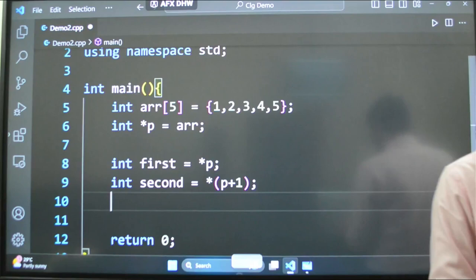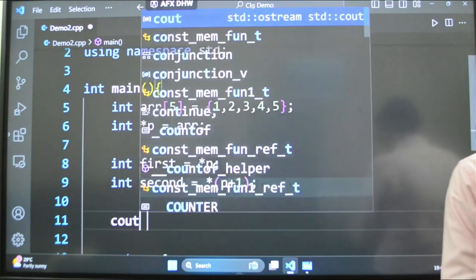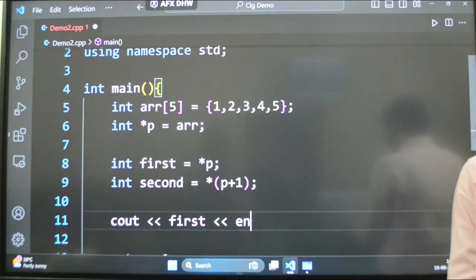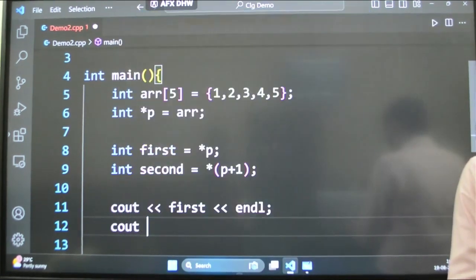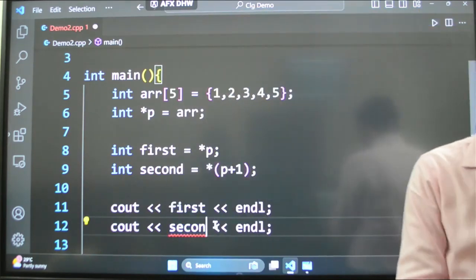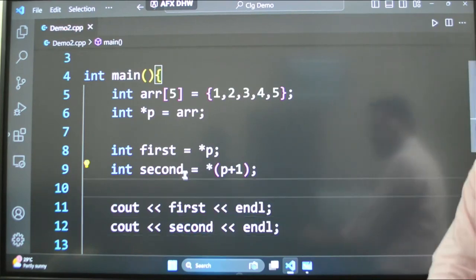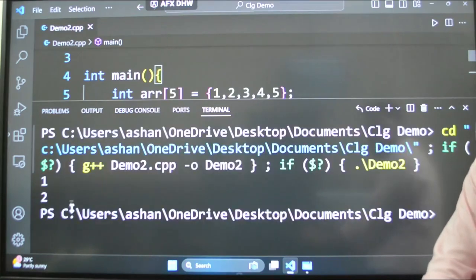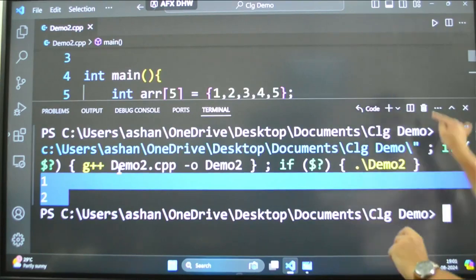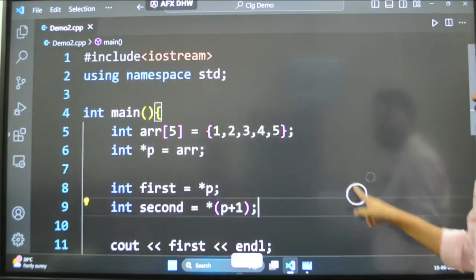Now if I say cout first and cout second like this, then it would print us 1 and 2. 1 and 2. I hope that this is very much clear. Very much clear.